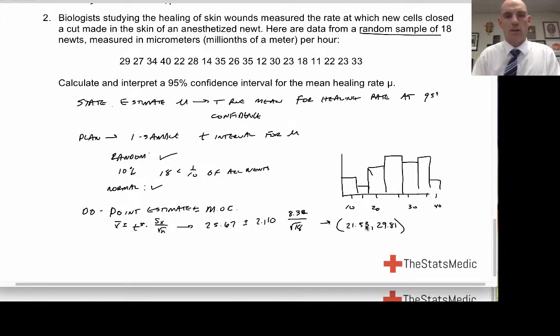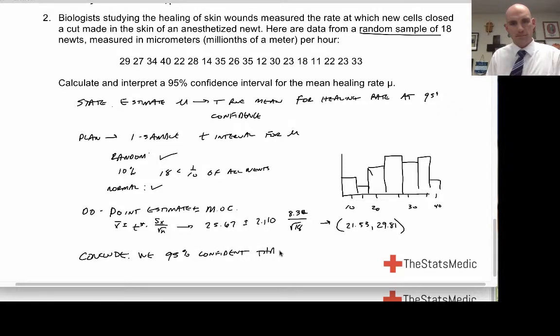Okay, so how do we do that? So we found our standard deviation, okay, from this list of values. We divided it by the square root of the number of values that we have. And we got that 2.110 given our t star from that 18. So how do we conclude? We are 95% confident that the true mean